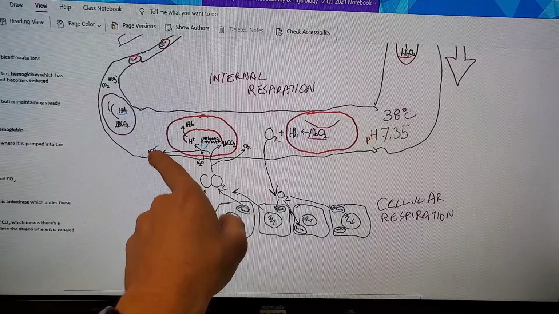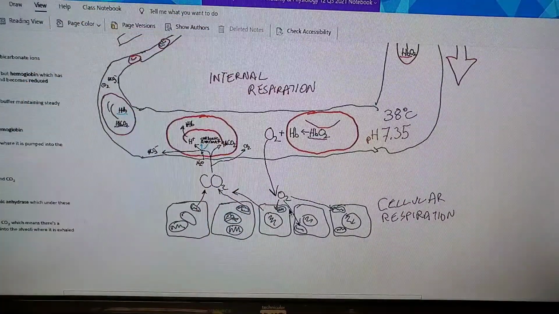The bicarbonate ions, those are good. They buffer in blood plasma. They're a buffer, and what a buffer does is it maintains pH. They're like a weak base, so any leftover hydrogens will associate with the bicarbonate. And they buffer, they maintain the pH. So now this is what happens to the majority of CO2. The majority of CO2,